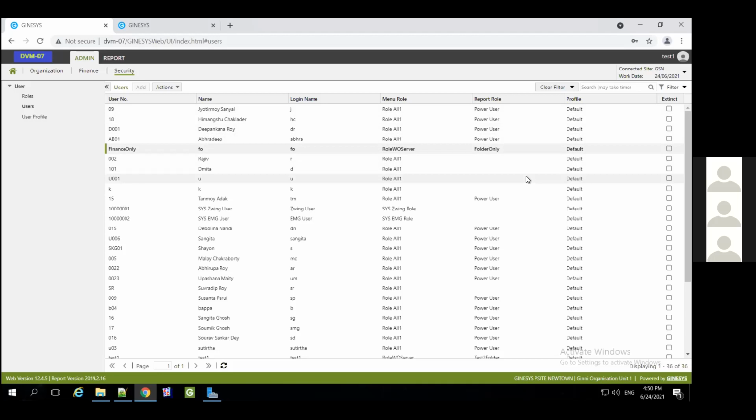The users assigned this role will be able to create folders without any lock. So this is how you manage the particular access. Not per particular person, but user management is done through this admin security.